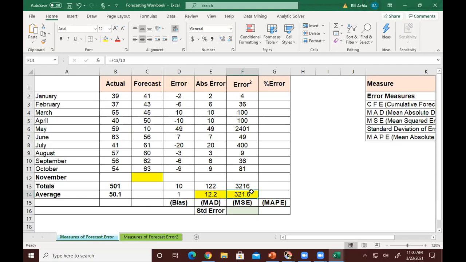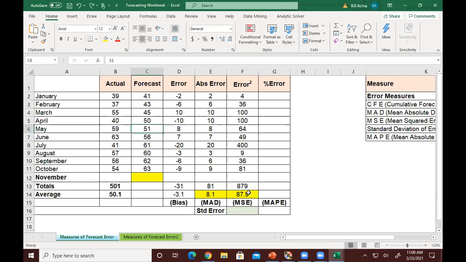You start seeing it become large and says, hey, there are certain months where you guys are really off. But if it's close to the actual demand, then you'll notice that the MSE goes down. So the smaller the MSE, the better. If it's really large, you know that there were certain time periods where you really messed up on your forecast, and you might want to go back and ask yourself, where did we go wrong,